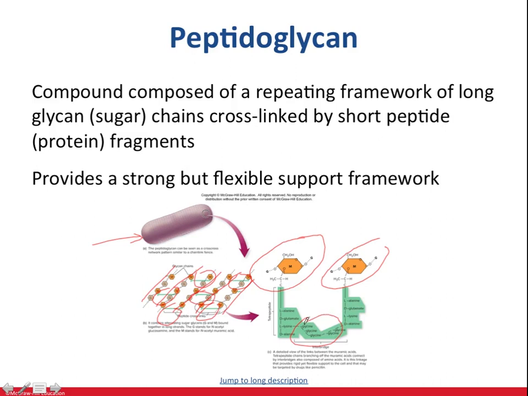The glycine is more like a bridge to link all the peptide chains together. This makes the peptidoglycan very strong, very substantial, to protect the bacteria and resist the lysis